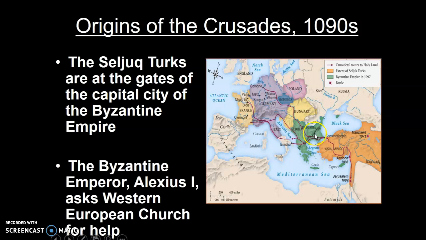They're not interested in protecting the Church of the Holy Sepulchre. The folks over here who are Christians are largely Roman Catholic. The folks who are Byzantine Christians are Eastern Orthodox. That schism had happened in 1054. So the Byzantines aren't all out to protect Jerusalem, which is all the way over here. They're more interested in getting back their territory, like the city of Antioch.